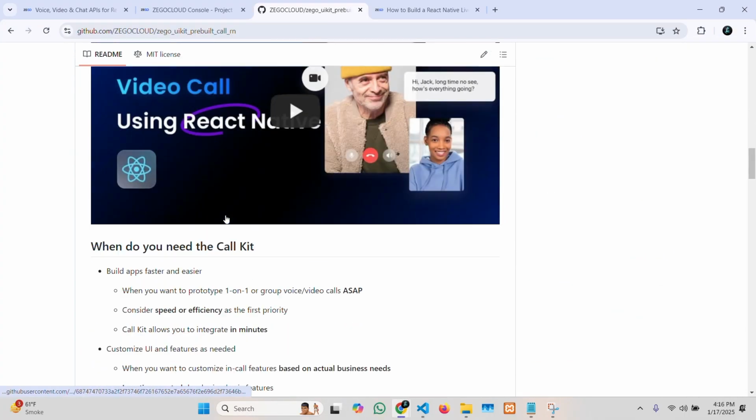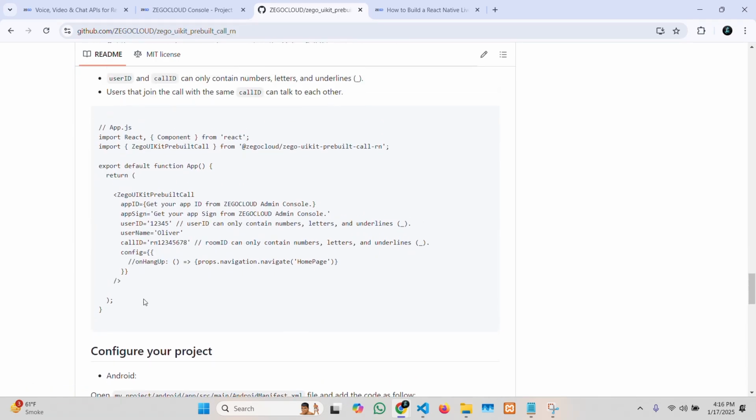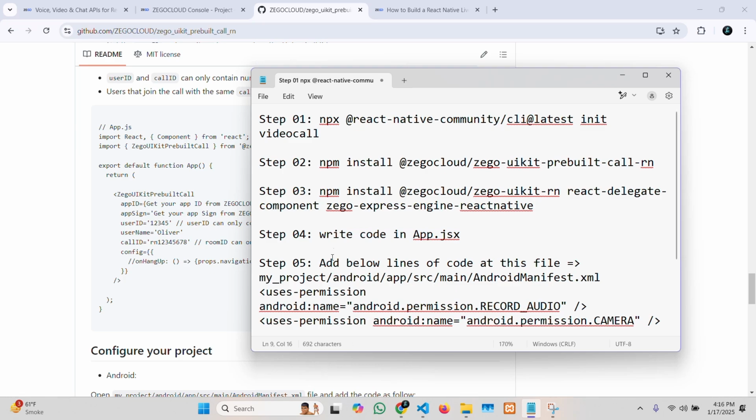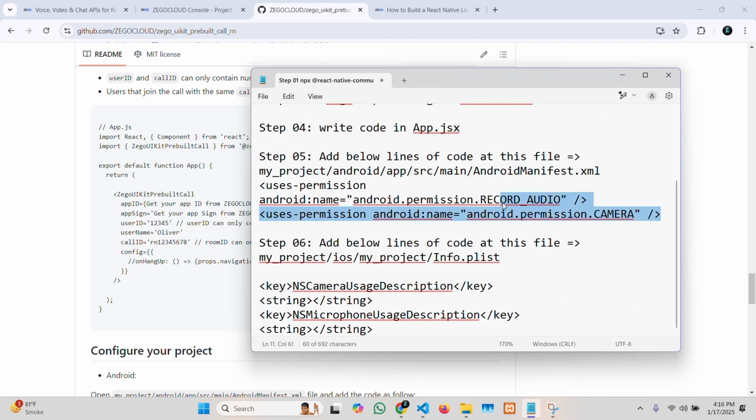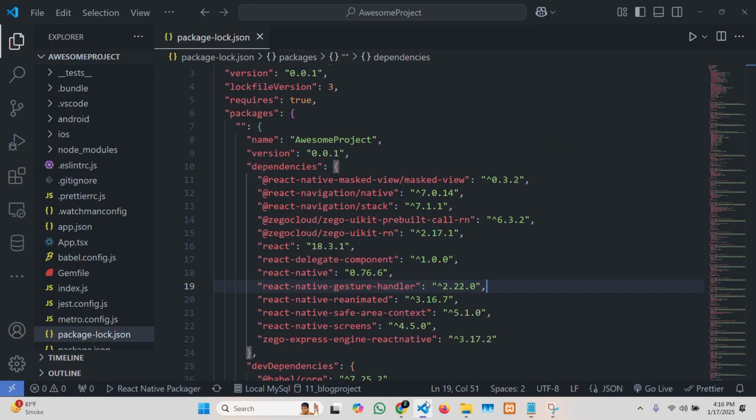Add a small, short code snippet to your app.jsx file. This is the core part where you'll integrate the video call functionality. You can check out GitHub for more examples if you need guidance. It's super easy and straightforward. Configure Android and iOS. Once your code is ready,